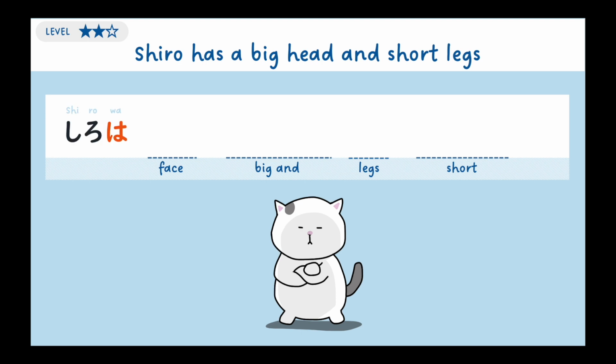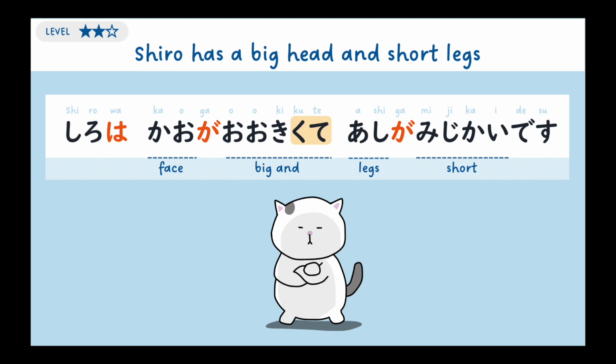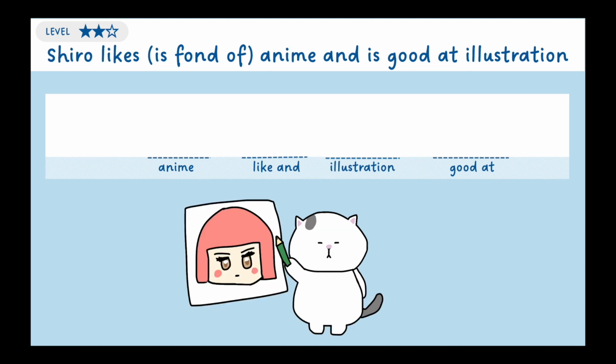Can you say Shiro has a big head and short legs? シロは顔が大きくて足が短いです。